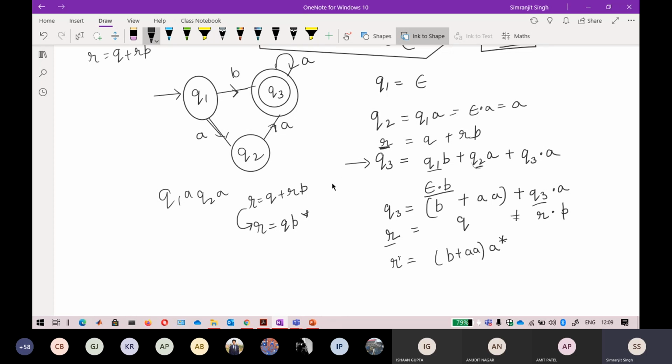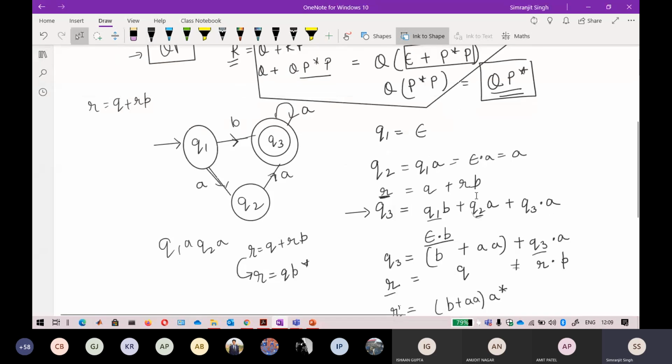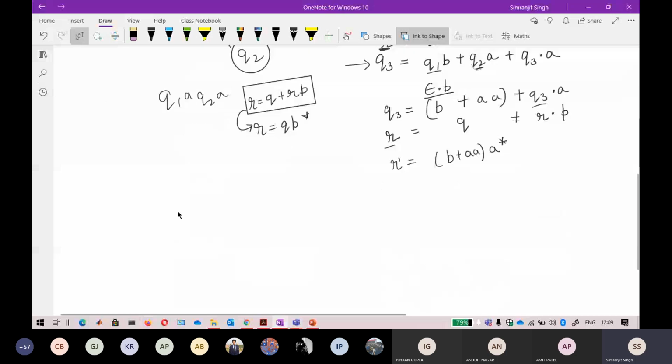So I hope you understand this. You only have to convert the equation to this form. If you are able to get to this form, then you can easily solve this question. So if you understand it, try this question. It's a little bit different question. There is another concept in that also, but I think you should try it yourself first.